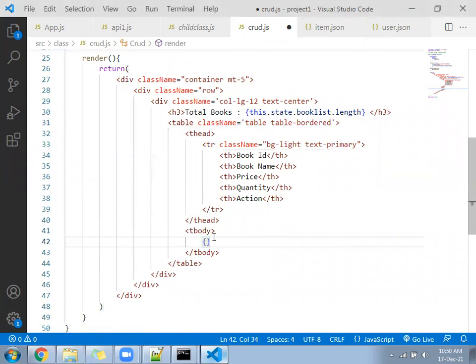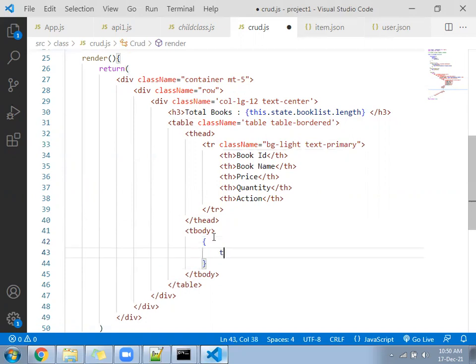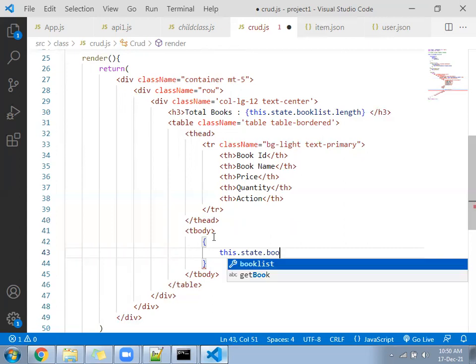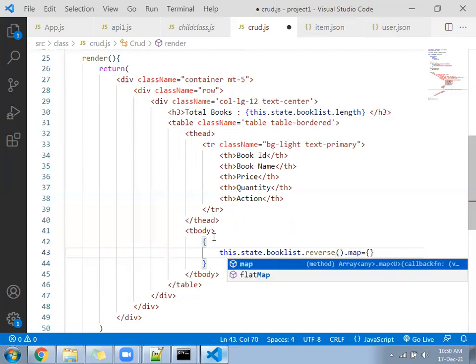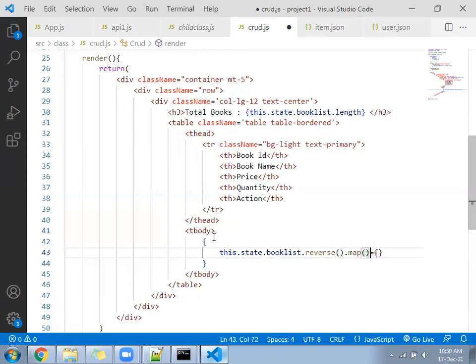Inside that, we will write this dot state dot, this dot state dot book list dot reverse dot map. Okay, run the reverse function.